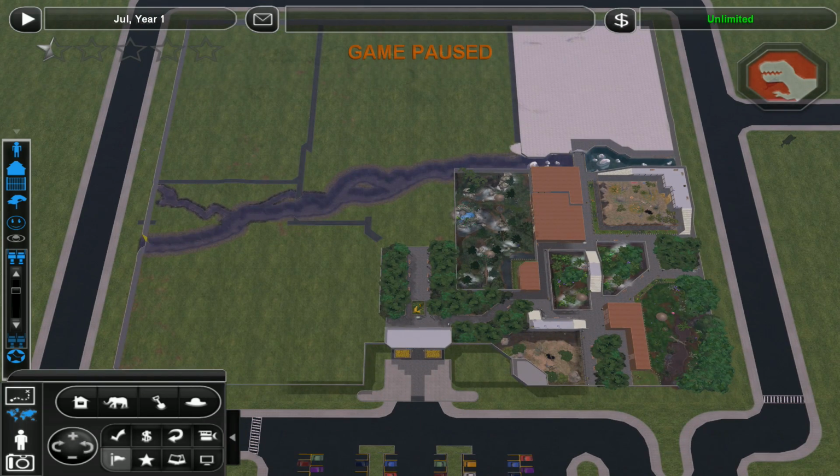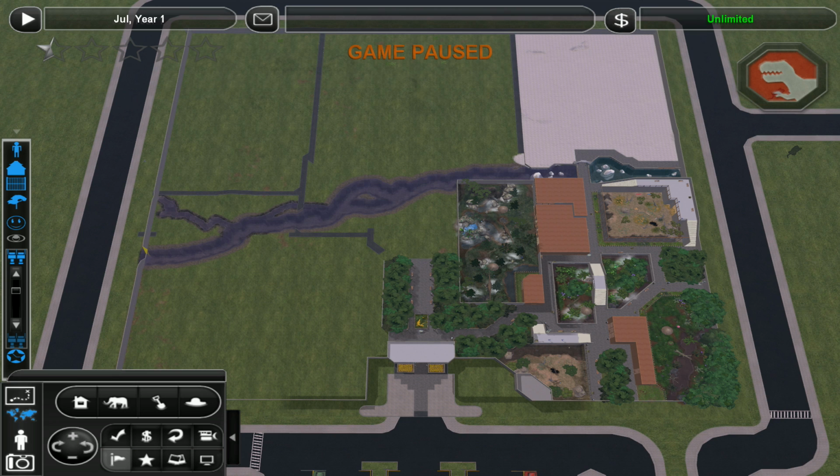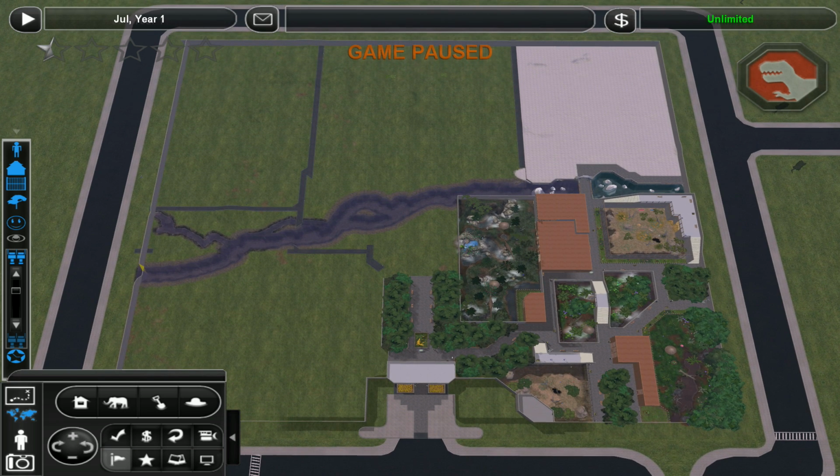So, we've got our Jurassic Jungle kind of completed on this bottom right hand side. I've pulled the path up a little bit. This middle section I think is going to be Cretaceous, and this left-hand side is going to be Triassic. And we're going to kind of work in a counterclockwise, or I don't really know how we're going to work it,